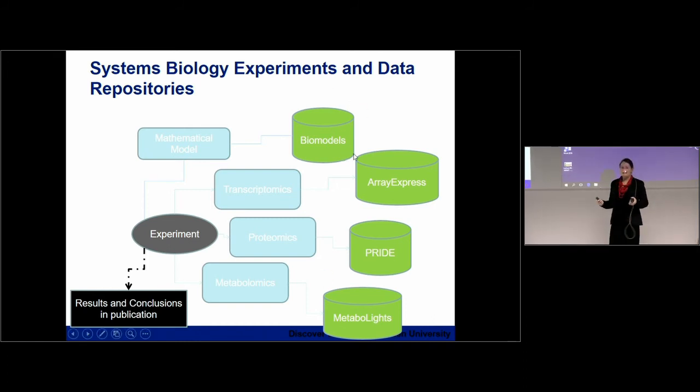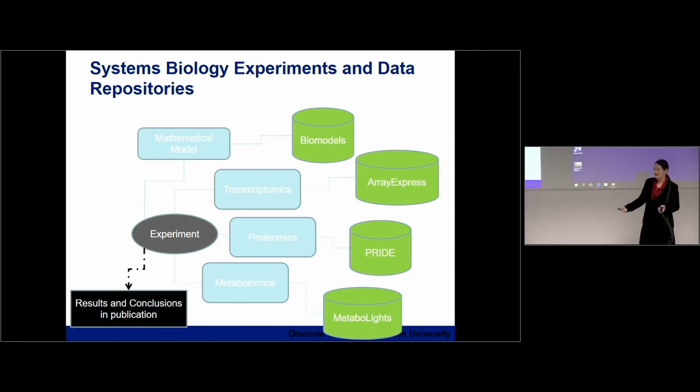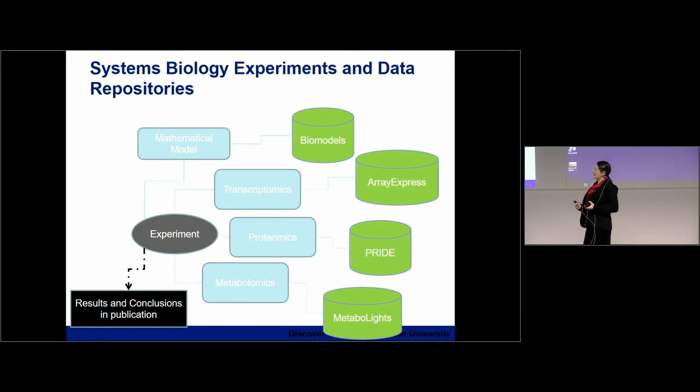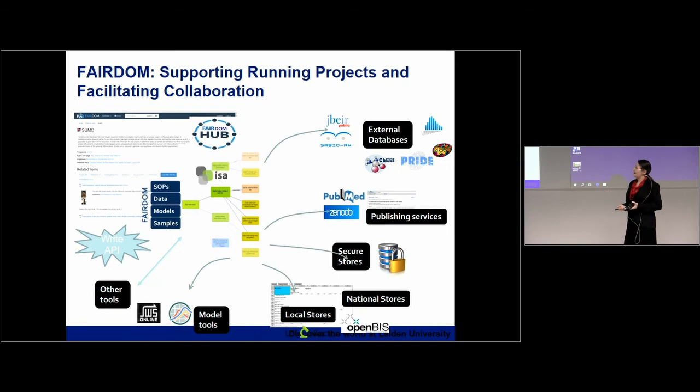So the only place where your whole experiment was represented was in your scientific publication, which is not computationally amenable. It's good for people reading it, but it doesn't help people understand and reuse the data very well. So that was the other big incentive for the systems biology community to get behind this idea of the FAIRDOM